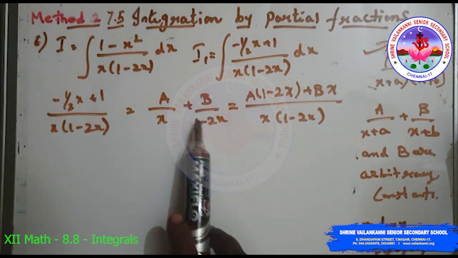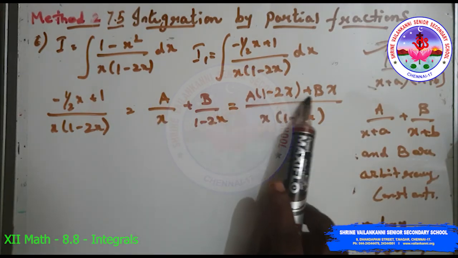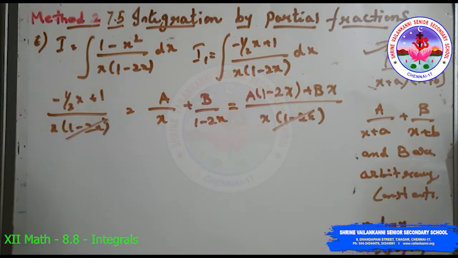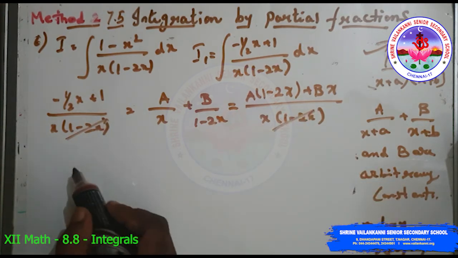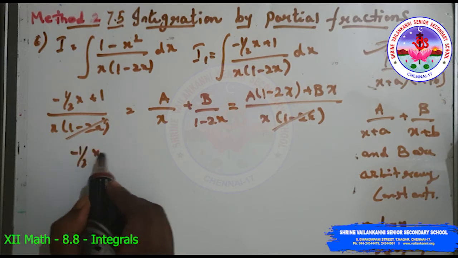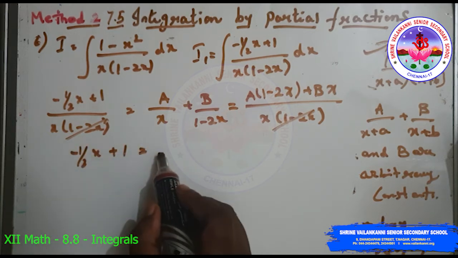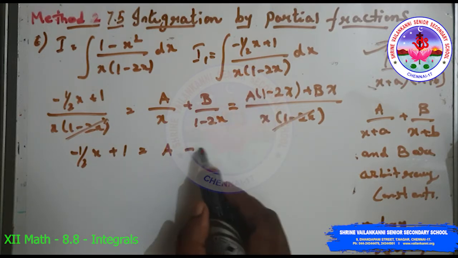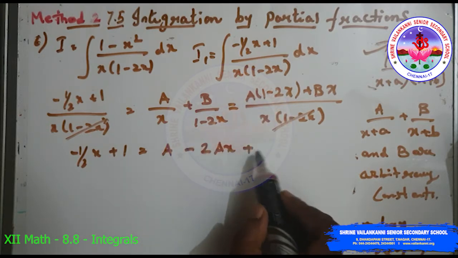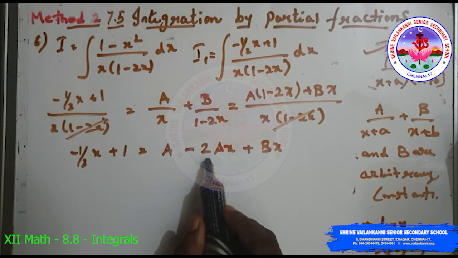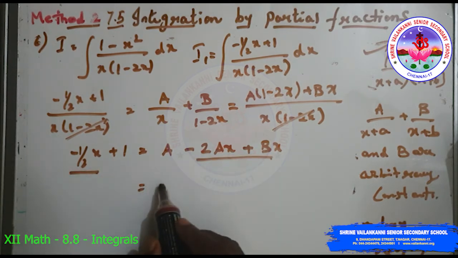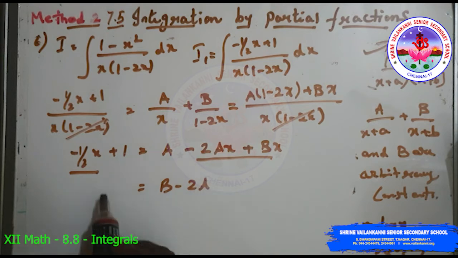So taking LCM, a into (1 minus 2x) plus bx by x into (1 minus 2x). Cancelling these two, we have to find the values of a and b. So minus half x plus 1 is equal to a into 1 is a, minus a into 2x, so minus 2ax plus bx. So equating the coefficient of x, b minus 2a is equal to minus half, and the constant is